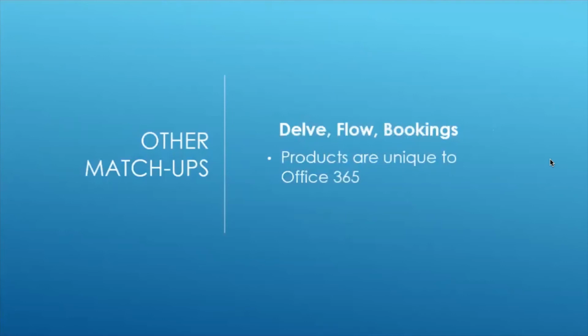Delve is a piece of software where it looks at everything else you're doing within Office 365 and immediately shows you what it thinks you are most interested in. It's going to show you files that you've recently accessed, files that people on your team have recently accessed. Say that you email with a direct team member more than anyone else, it's going to start showing you things that you've worked on with that person as a priority over maybe some other email conversations that you didn't really need to know about, that you didn't interact with. It's very, very intuitive, and it's a great place to, at a glance, see everything that you're